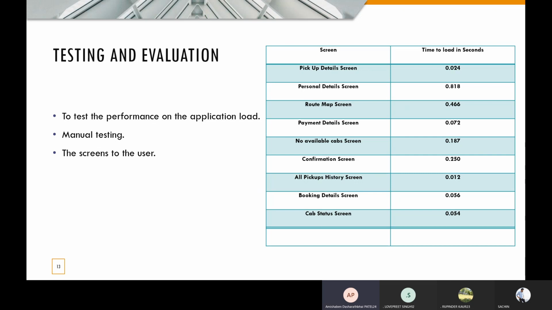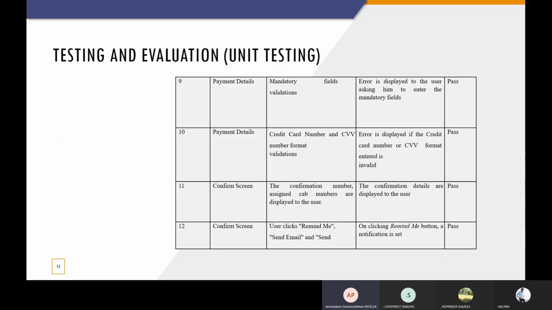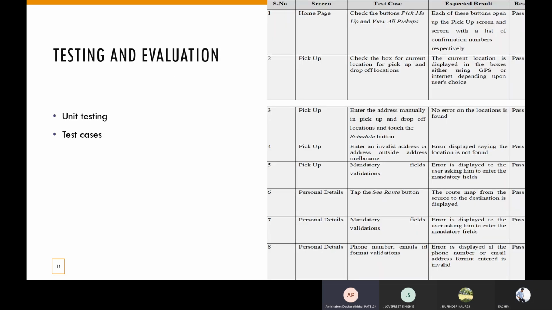Next slide, please. Now I'm going to discuss unit testing. The main objective of unit testing is to verify whether every single unit operates as intended, and to validate whether the application works as per the requirements whenever the application starts and stops. In unit testing, each module of the application is tested separately without interface of any other module.